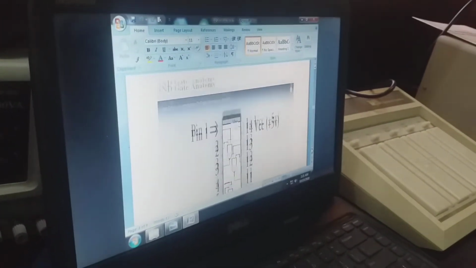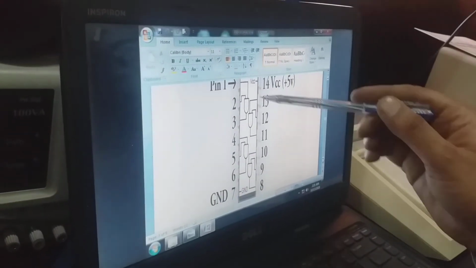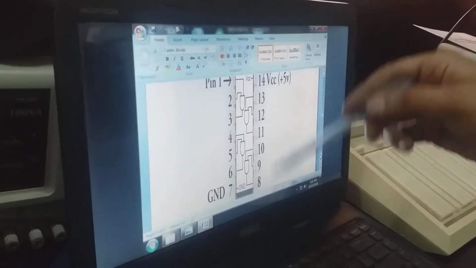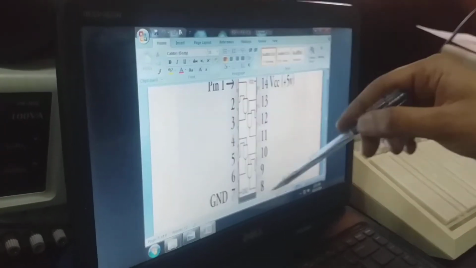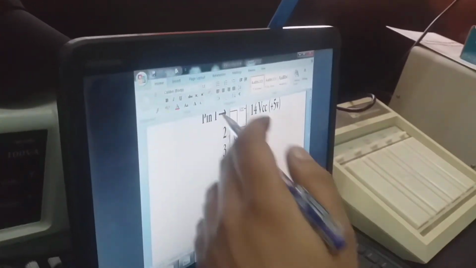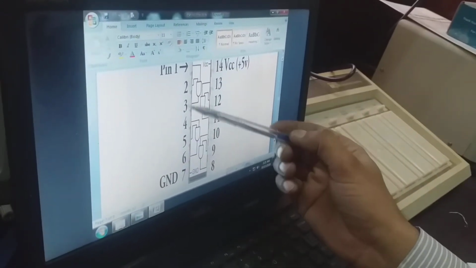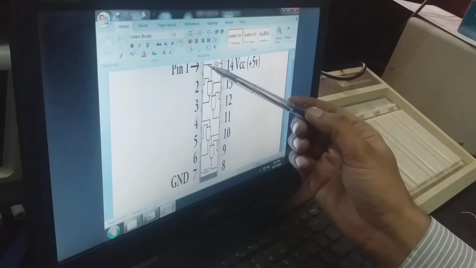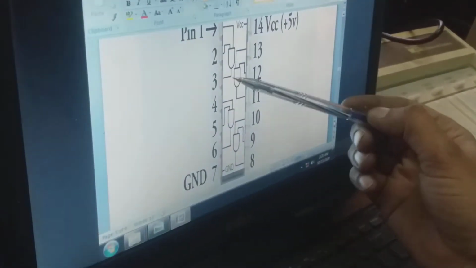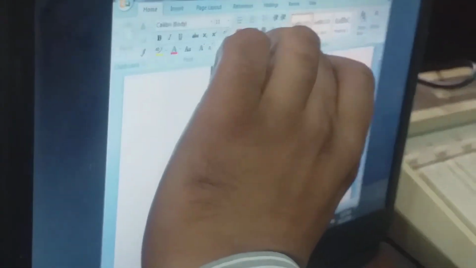Now I show you the anatomy of this AND gate. Here you see we have 4 AND gates inside, connecting these 14 pins together. It's very clear from the diagram that the first gate consists of 3 pins: first pin, second pin, and third pin. First and second pins are the input pins, and the third pin is the output pin. On the basis of this, we selected this gate.